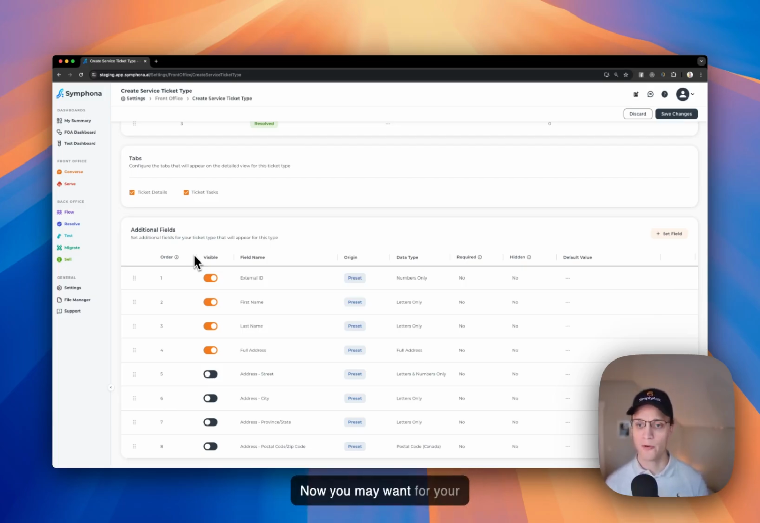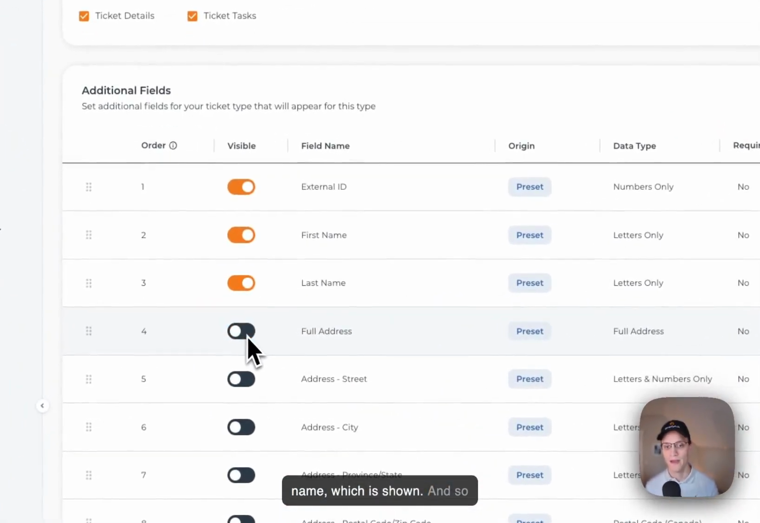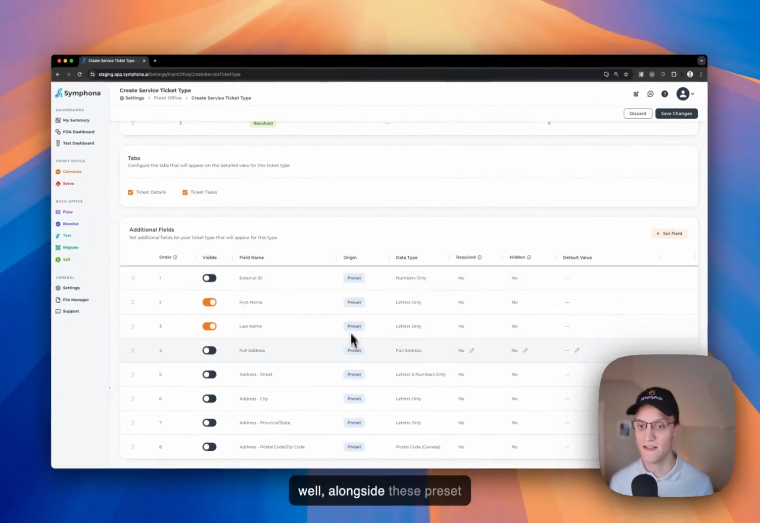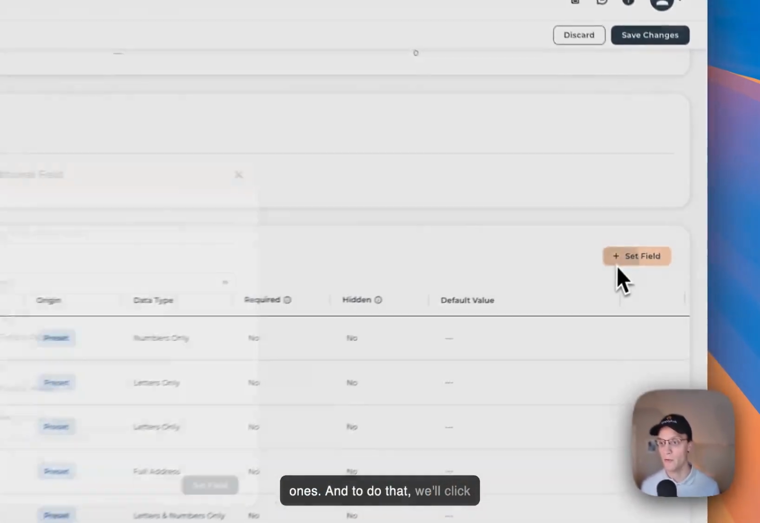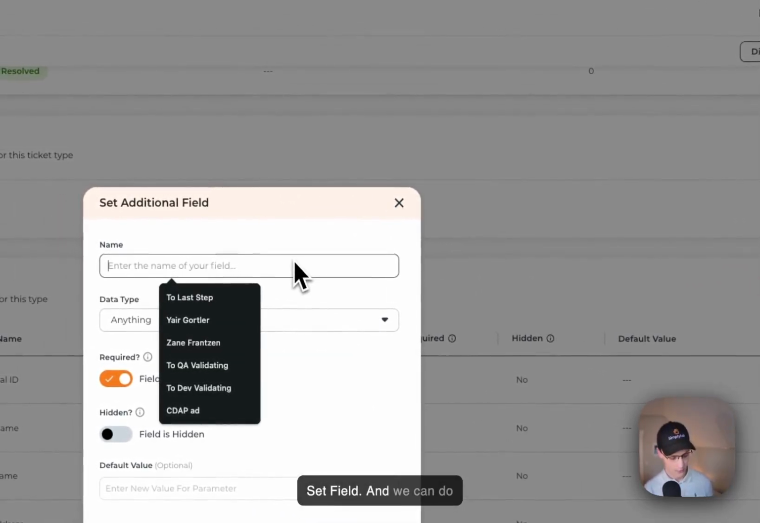Now, you may want for your different use cases, though, different fields that are shown based on the type of service ticket. So maybe you want, for example, a first name and a last name, which is shown. And so we'll leave those toggled on and we'll turn that off. But we can also add in custom fields as well alongside these preset ones. And to do that, we'll click Set Field and we can do something like,